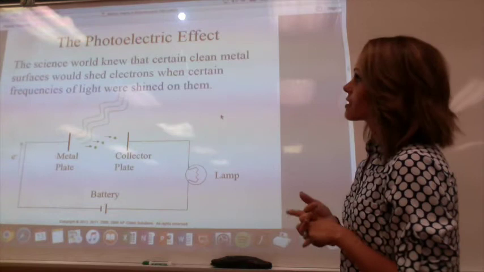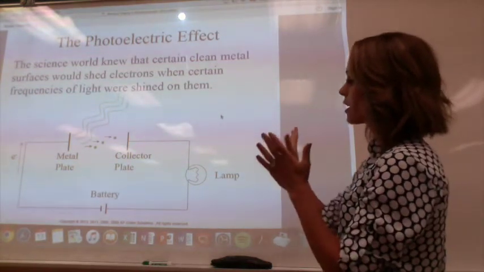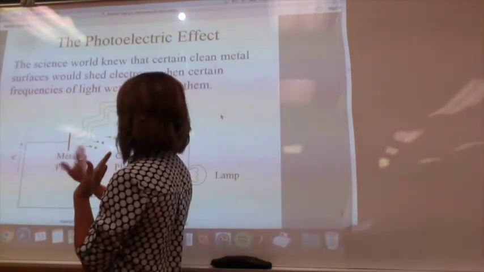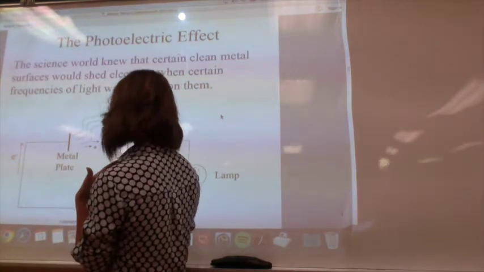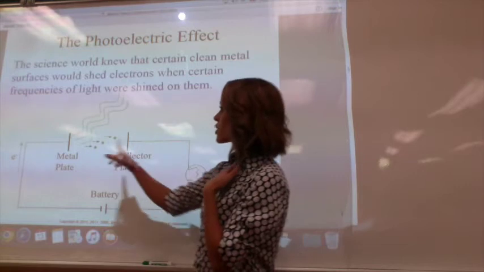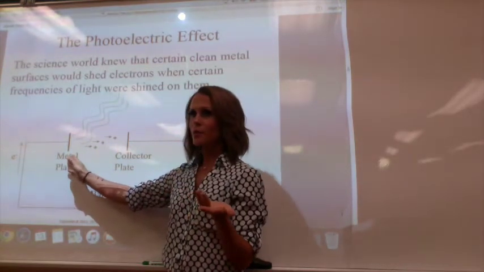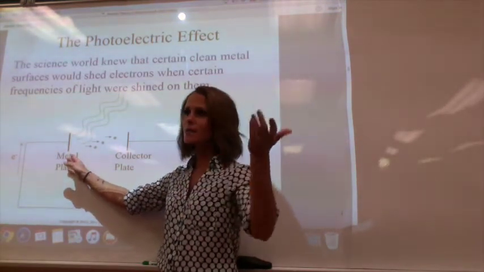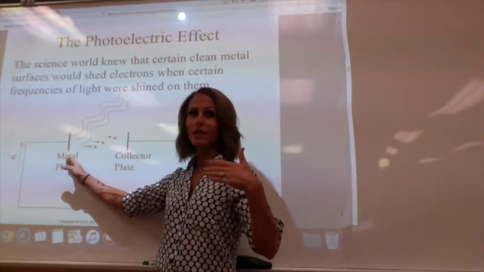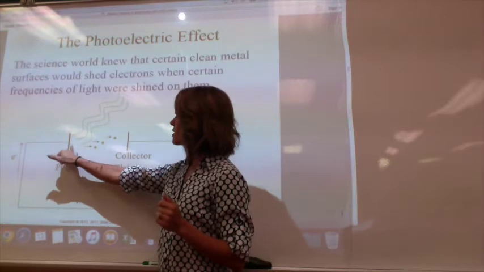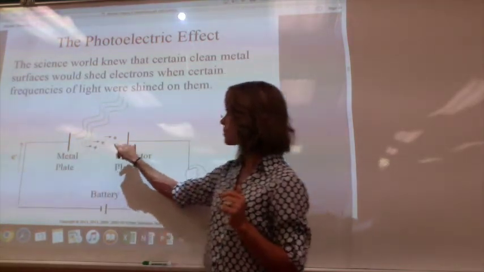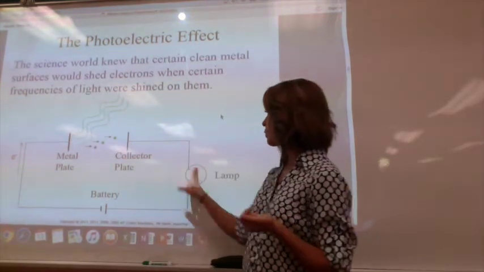So scientists would observe a clean metal plate. This is how they set this up: a clean metal plate, a collector plate. They would attach it to a battery, and they would have a light bulb here. So a metal is made up of atoms, right? Like say I use tin. It has tin atoms, right? And the atoms have electrons. This is a collector plate. So the electrons, if they get emitted, jump to the collector plate, and then they complete the circuit,